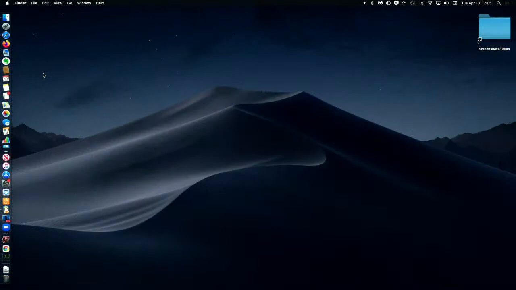So here we are in our Mojave computer, because Big Sur has changed the icons on some of the things we're going to be talking about today. So I'm assuming that most of you are not on Big Sur. So we're going to use Mojave, which is the same as Catalina. So it will look familiar to you. And then down the road, we will look at doing a review and pointing out the changes in